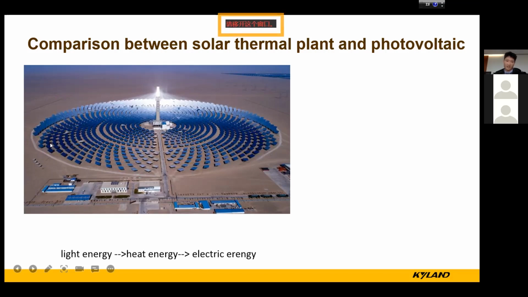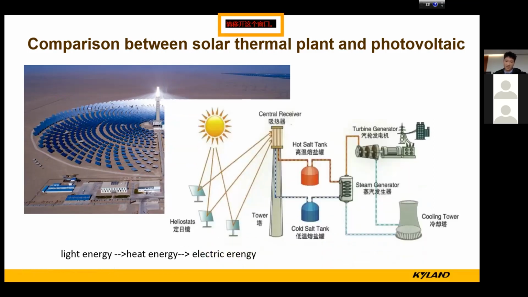There are many mirrors inside the circle, and there is a tower at the center, and the mirrors will always calculate the best angle to reflect the sunlight to the central receiver,